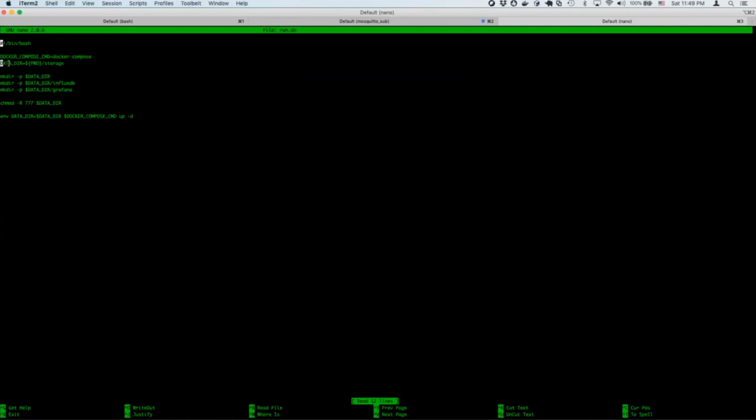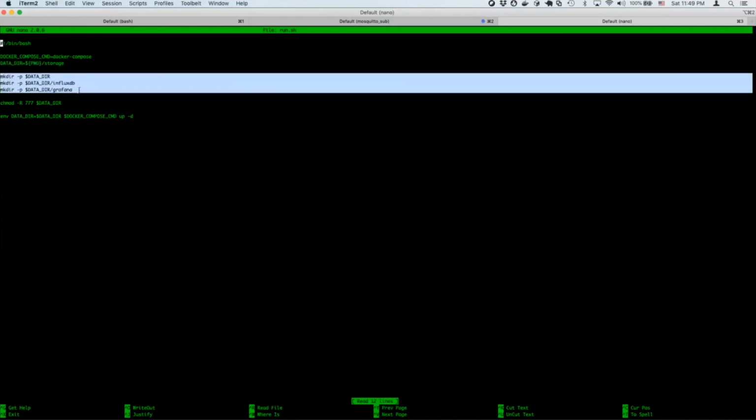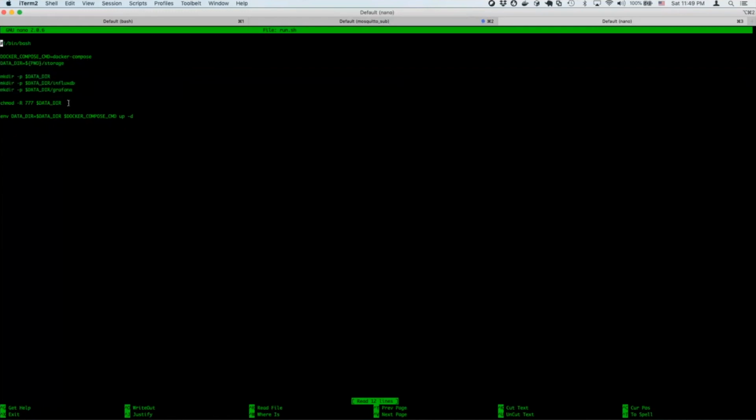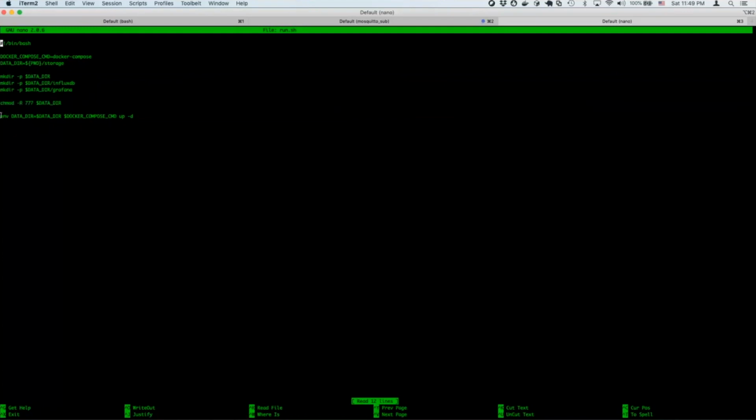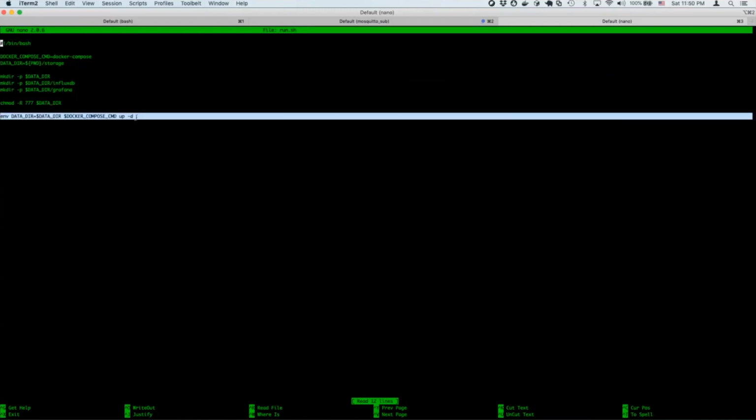And the variable data there says where we want to store data for InfluxDB and for Grafana. So it will be in the directory where you run that script. This just creates directories for data of InfluxDB and Grafana. We need to set some permissions, and for this demo we can use this 777, which we shouldn't use in production, but for this demo it should be fine. And this is the command that we will use to run